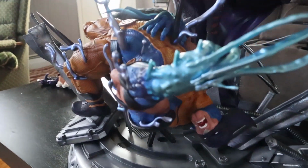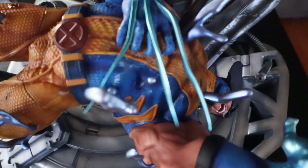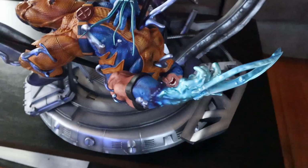And other than his legs that broke off, every single one of his claws were broken. I had to repair all of these claws. These were all broken. And it probably looks okay on video, but off from video and up close, there's definitely